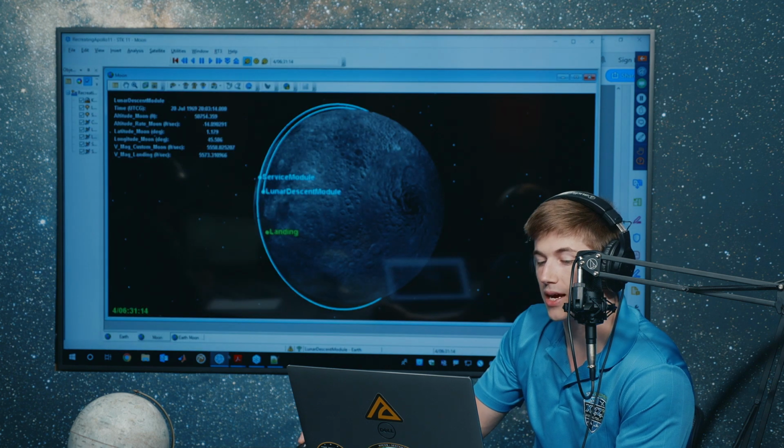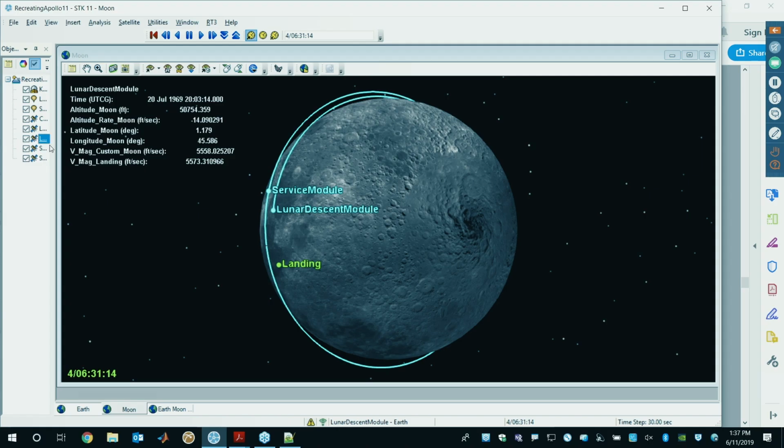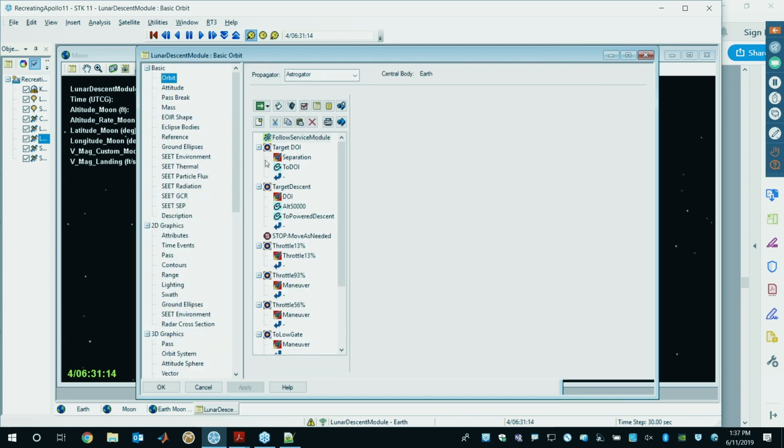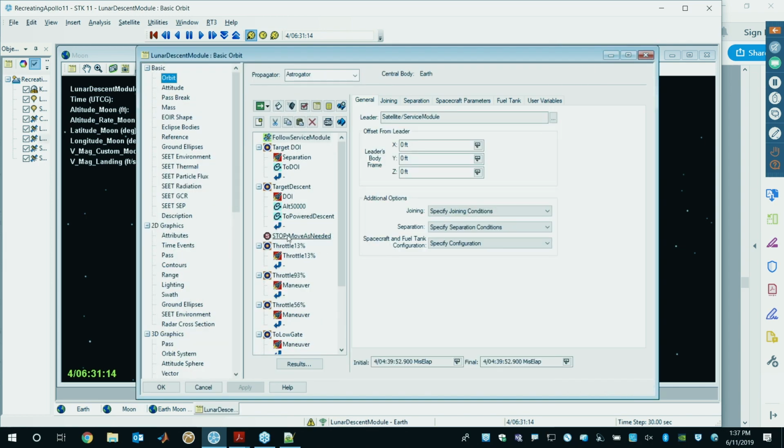So if I go back to STK and open up the properties of the lunar descent module, we stopped where they're about to start the powered descent. Here are the different phases of the powered descent: that 13% that I just mentioned, a 93% value approximately, then a 56% engine thrust value, and then a low gate, which is about 500 feet. This is actually where Neil Armstrong took over and took manual control. And then two different maneuvers for targeting the final landing. So to carry on,